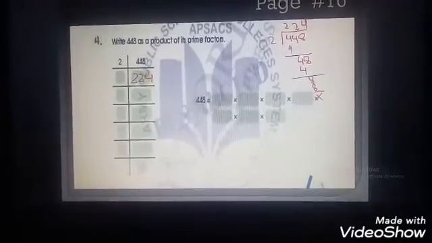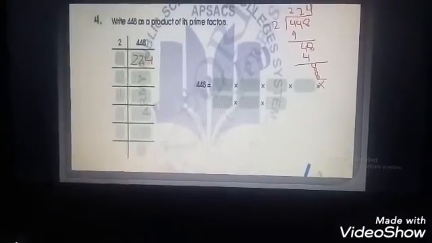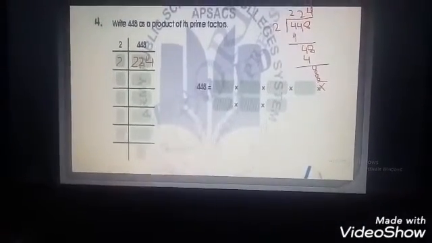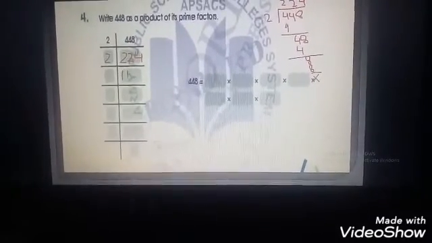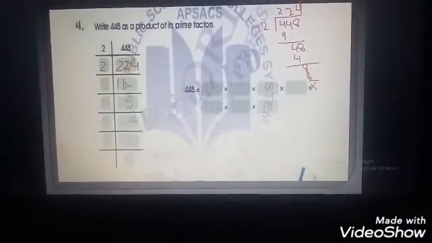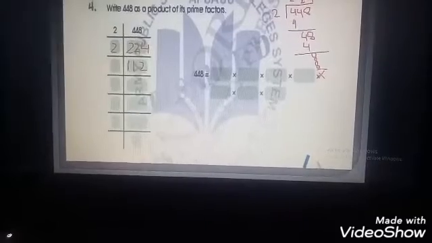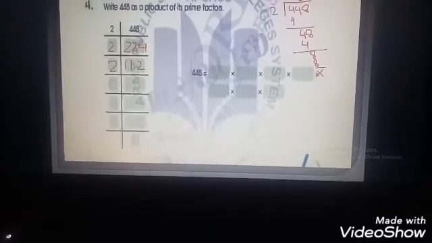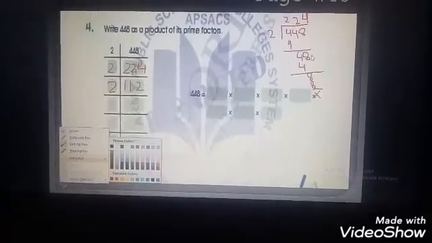So same as this, this number is also an even number. You can choose the even prime number 2. 2 1s are 2, 2 1s are 2, and 2 2s are 4. Again this is an even number, so you can choose the even prime number again, which one is 2. I can solve this for you.